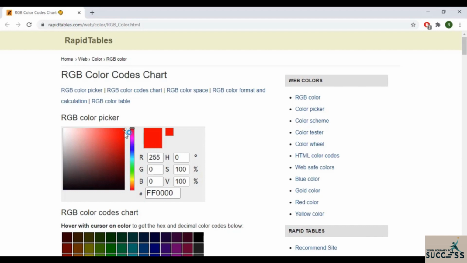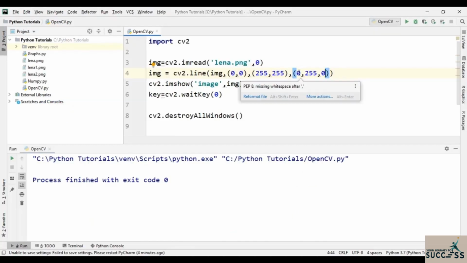And then similarly, let's say that you want somewhere like this color. It will look something like this. So for this, we need to specify the value for red equal to 128, for green it is 97, and for blue it is 97 as well. If you want some other color, just move the cursor somewhere in here or any other location where you want that color, and then copy these values, but in the reverse direction if you want to do it in OpenCV. Alright, so now in here I want a green line on this image,